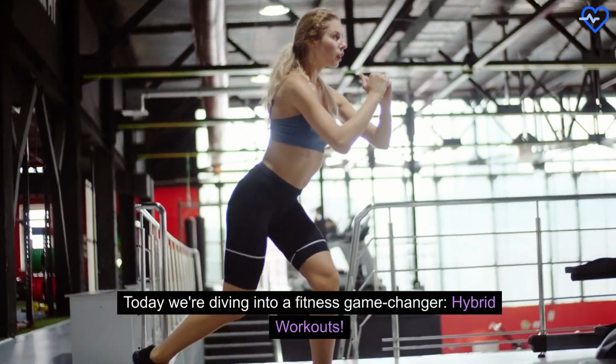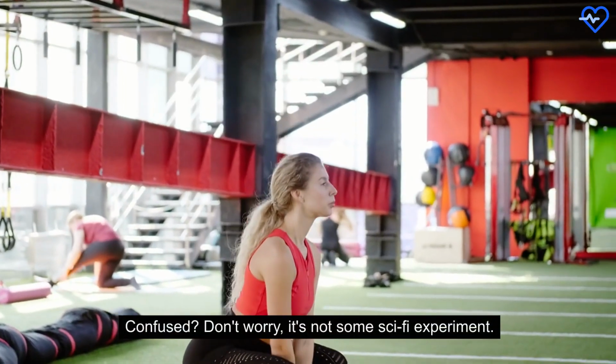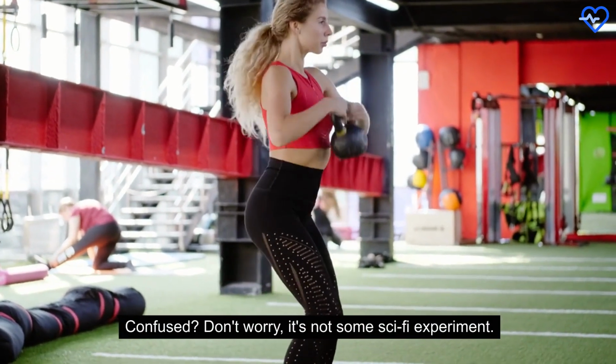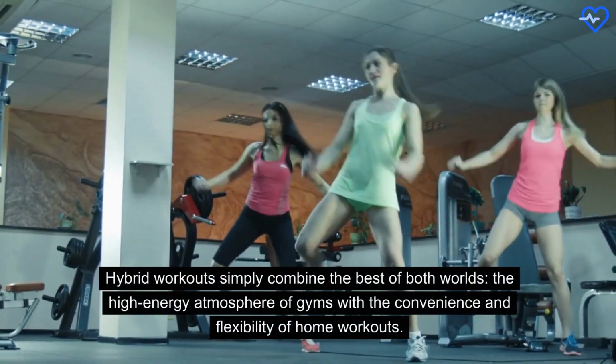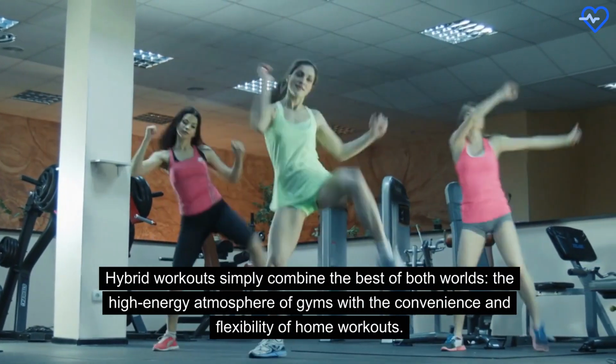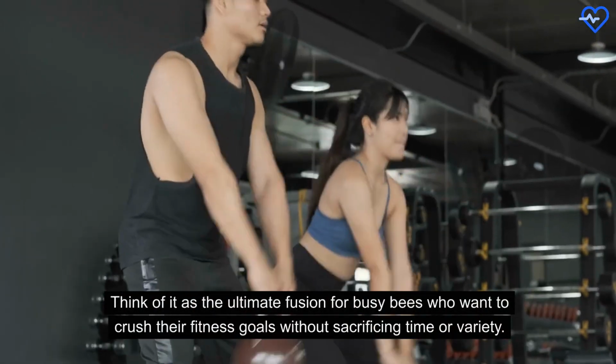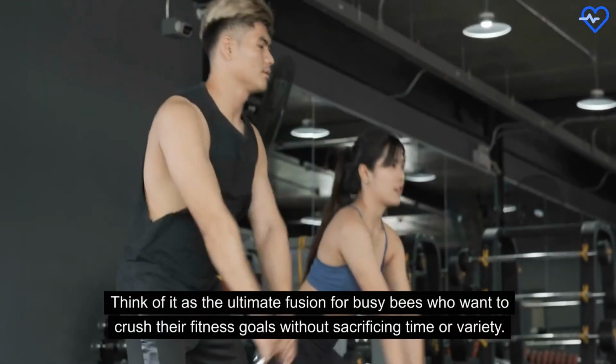Today we're diving into a fitness game changer, hybrid workouts. Confused? Don't worry, it's not some sci-fi experiment. Hybrid workouts simply combine the best of both worlds, the high-energy atmosphere of gyms with the convenience and flexibility of home workouts. Think of it as the ultimate fusion for busy bees who want to crush their fitness goals without